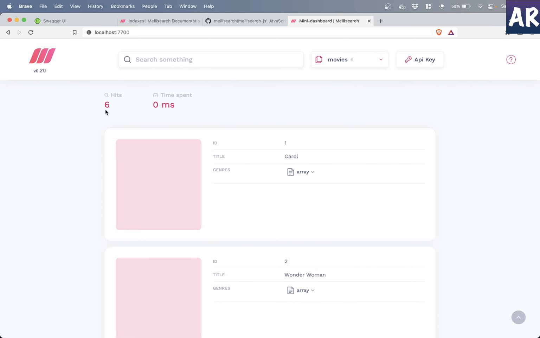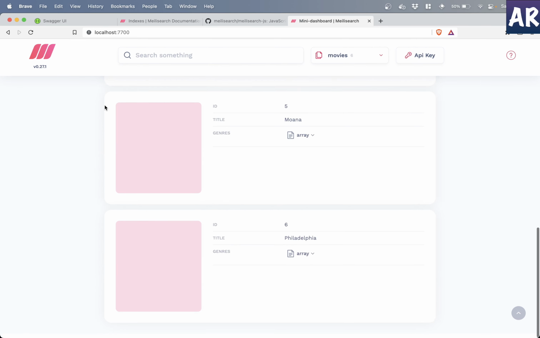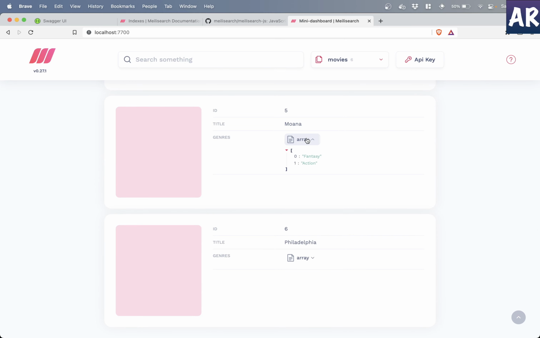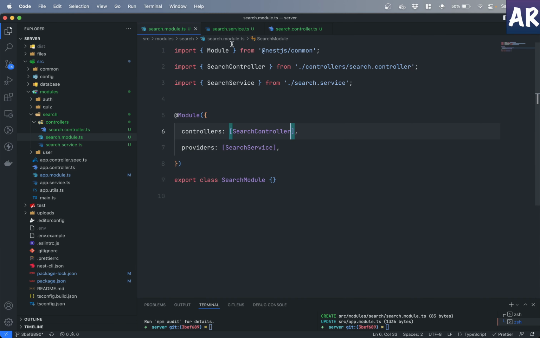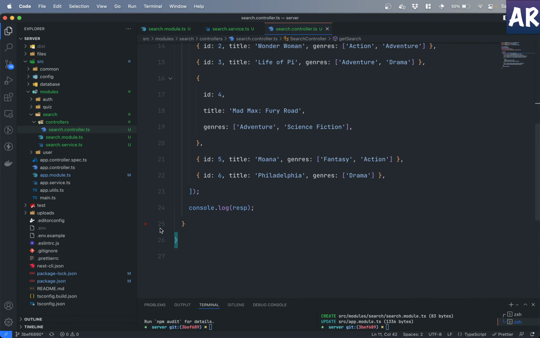Can you see we have 6 records? Some of them are just titles and then the category of that movie. Why don't we add a few more of our choice as well? So let's go inside our controller. I want to show you how the index can basically update the new records and keep everything which is already there, same. Okay, so let's just say Kung Fu